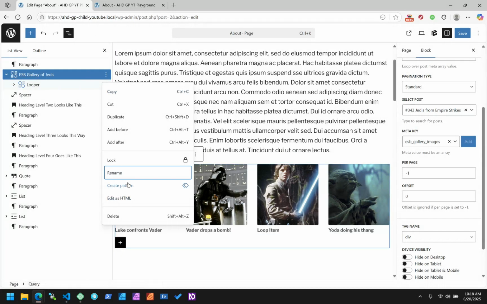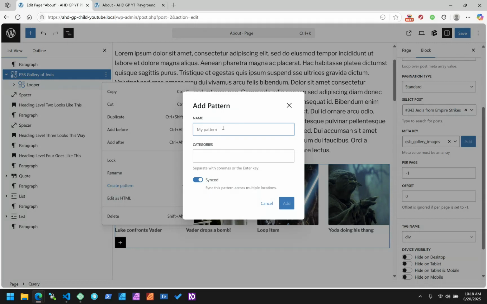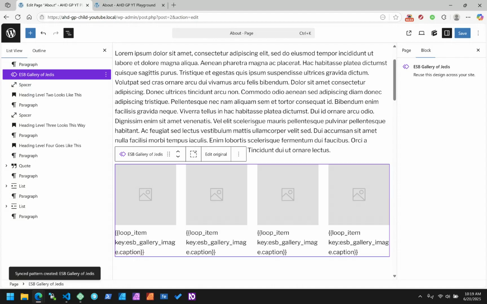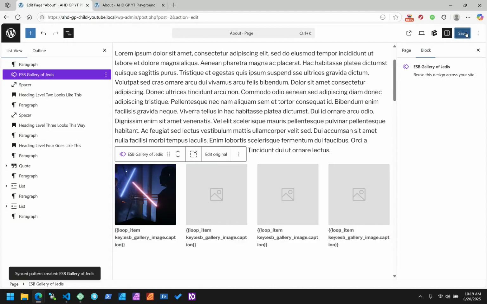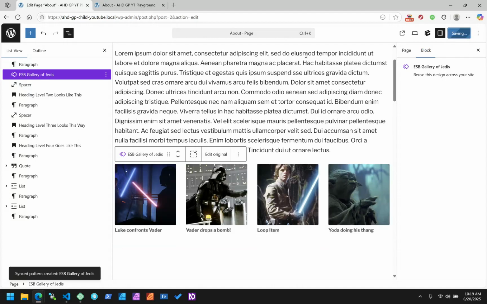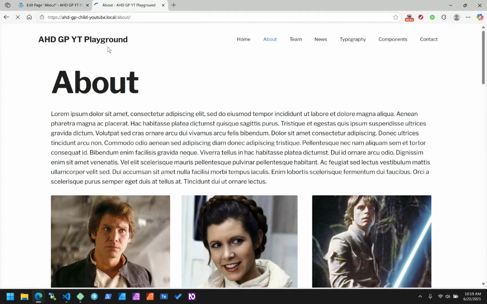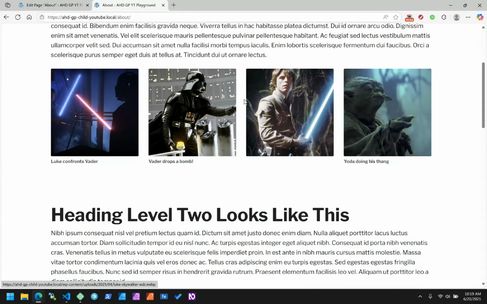But now let's create a pattern out of it. So ESB gallery of Jedis. Can't spell. And we'll just classify as media. We're going to leave it as synced. Boom. Okay. So add. So it gives us this nice little purple block. And now it's dropped in place. We're going to save. And if we go over here to the About page, now we have our little